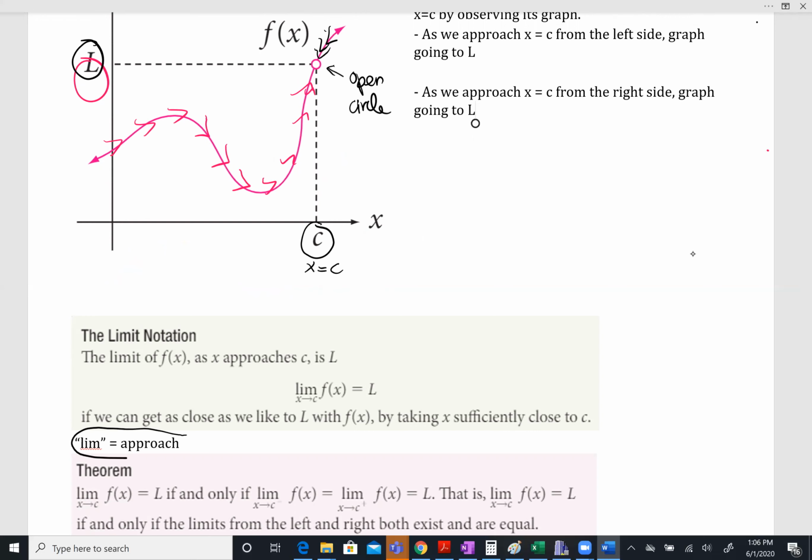Okay, if you see the word limit, it actually means the graph approaches something. So the limit of f(x) as x approaches c is L, notated by this form. Okay, so I'm going to write it as limit of f(x) when x approaches c equal to L. Okay,